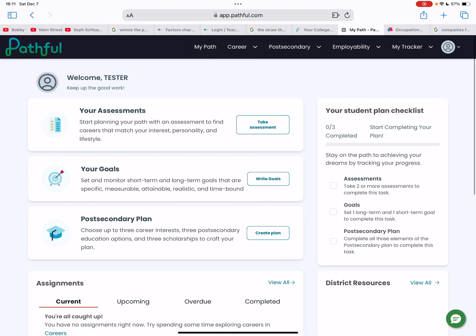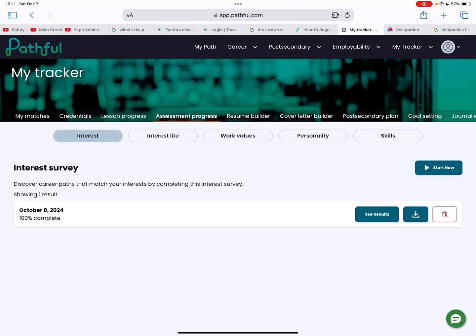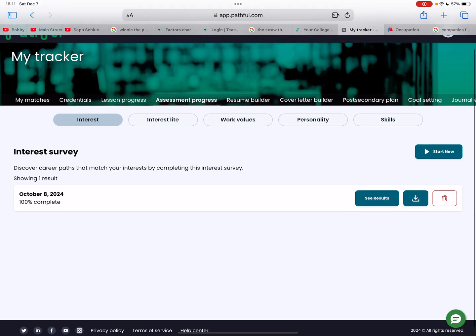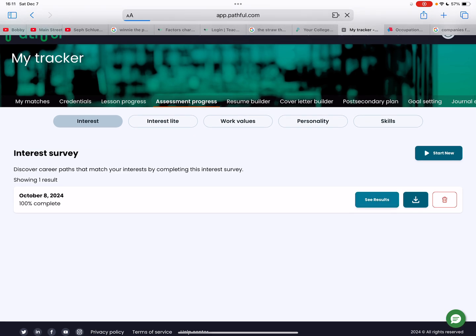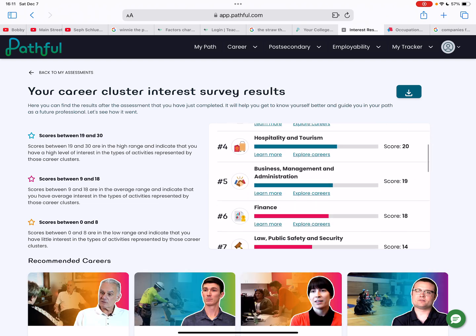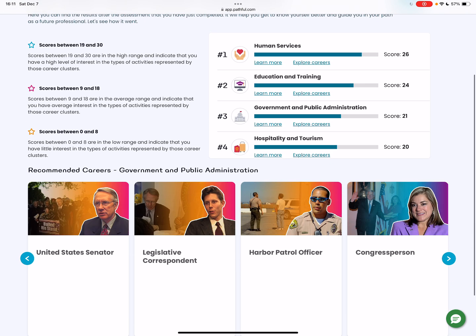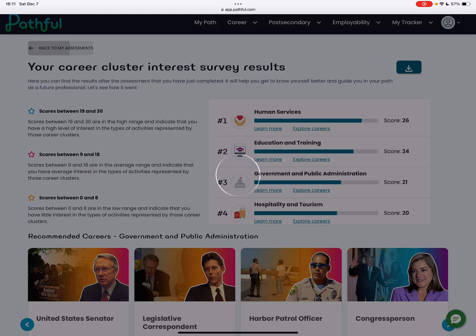Returning to the Pathful Explore website, you should see a page that looks like this upon logging in. If you would like to review your assessment results because you've already completed the career cluster survey, you can click Take Assessment and then you should be able to see results from any assessments you've completed. As a reminder, there are some of your top career clusters, and you can click in each one of them and see different careers, which will show up at the bottom,